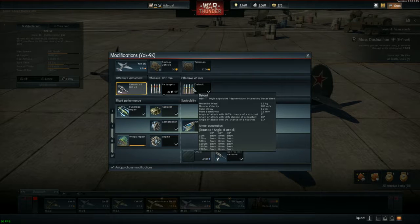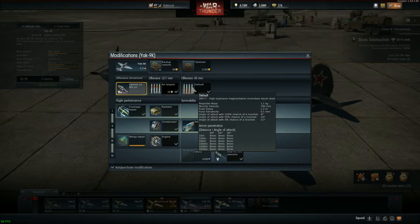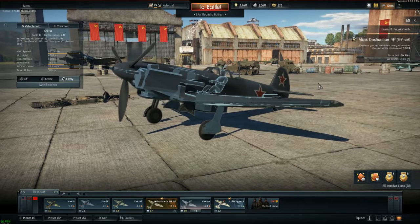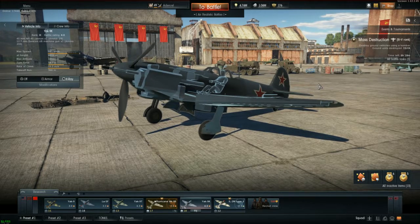Fuse delay with a fuse sensitivity of 0.1mm. So yeah, high explosive fragmentation incendiary tracer shells. They will blow up and set you on fire. That'll ruin your day. Oh, absolutely. And as I say, even in real life, in combat, they said it would normally take,